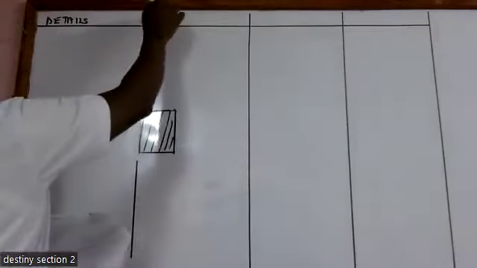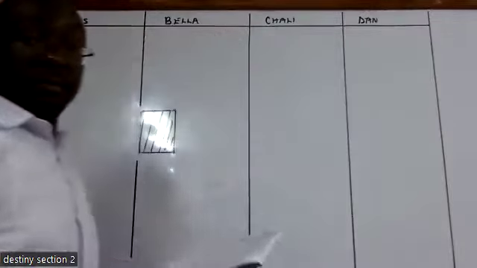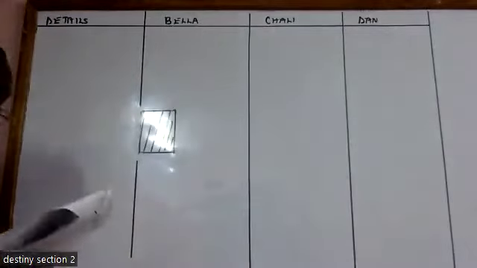Then we have this person called Bera. We have this other one called Charlie. And we have this other one called Dan. The question is saying that the bonus is on the basis of time saved. So I want us to get